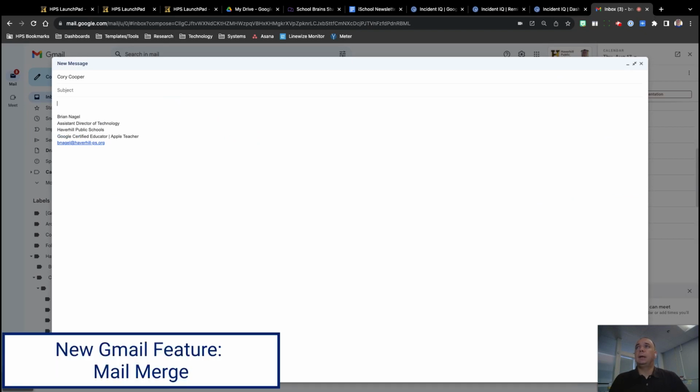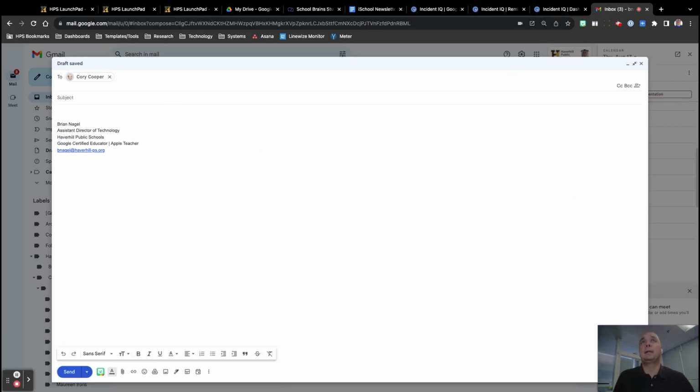Then the next thing they've added for us here is related to mail merge. And it's not a mail merge in terms of printing out letters or anything like that, but it relates specifically to email, where when I'm composing an email message to a bunch of people and I have other information that I want to feed into that to either personalize a message or to bring in other data sets to this, I can do that within our email system now.